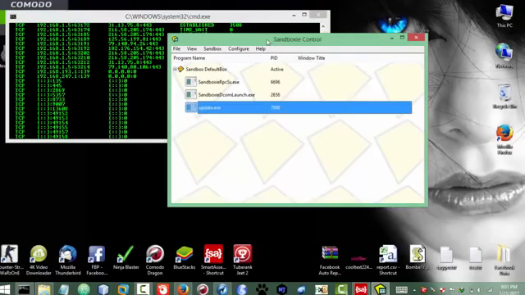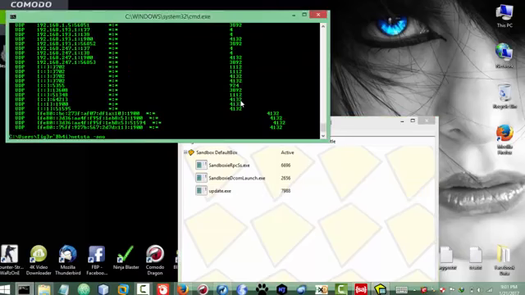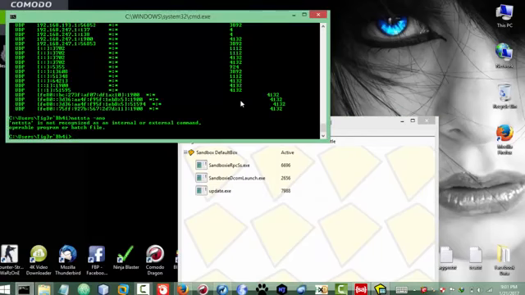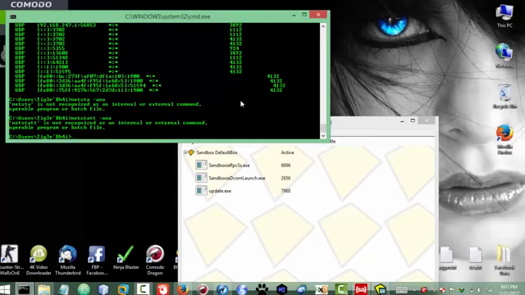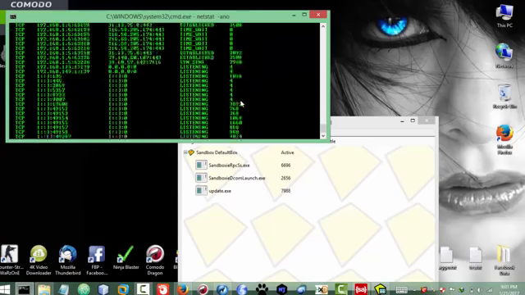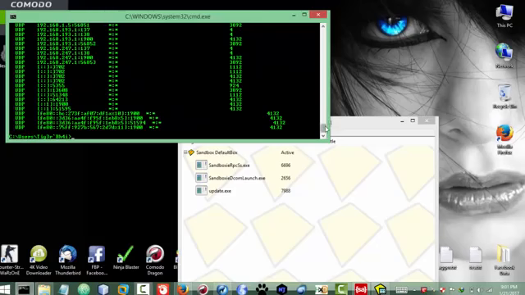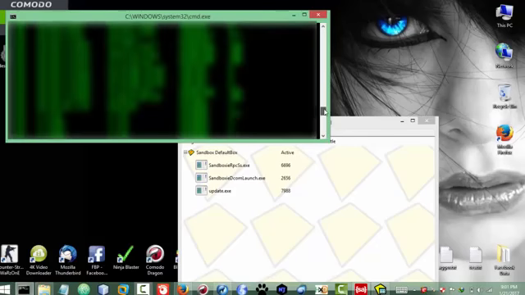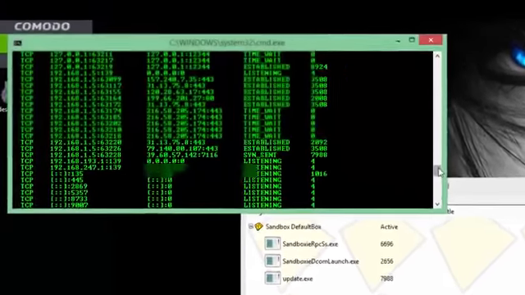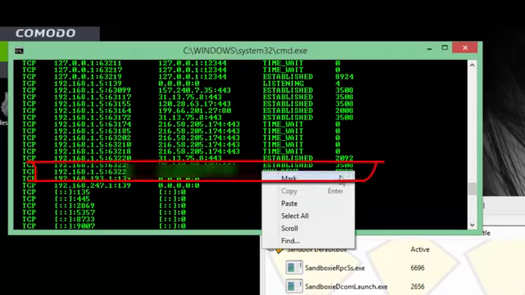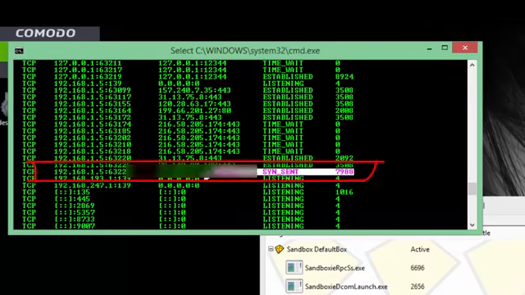Yep, and this is the file. Let me check again, sorry for that. Yep, there we go. As you can see, this one over here, so it's actually sending the data,